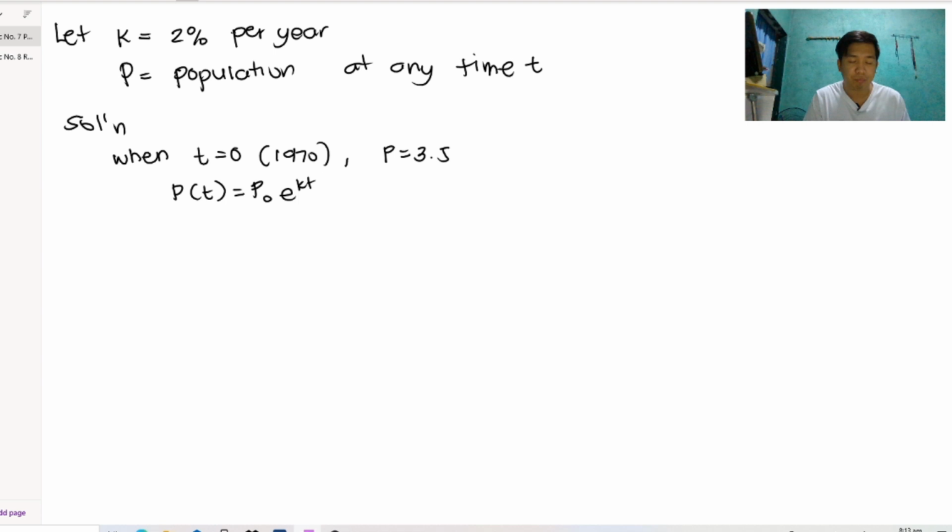So 50 over 3.5 is equal to e raised to 0.02 T. By using the calculator or the solve for X, we can get the value of T as 133